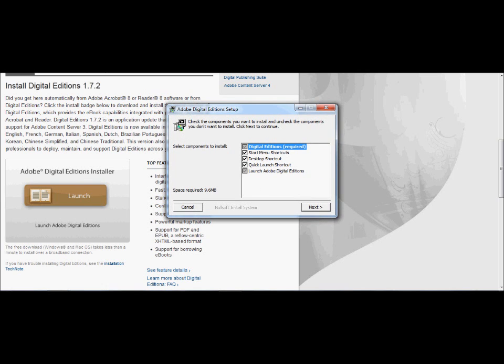And it'll come up with the Adobe Digital Edition setup. And here we're going to want to select whichever options that we want. And you can have it where there's a start menu shortcut, a shortcut on your desktop, or even a quick launch shortcut. In my case, all I'm going to want is a shortcut on the desktop, as well as the one on the start menu. I'm going to go ahead and hit next,